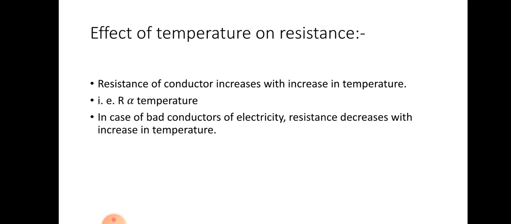पर in case we are talking about the bad conductors of electricity, then what will happen? So obviously resistance will decrease with increase in the temperature। Got the point? Now why this is कि bad conductors of electricity है, that means highest opposition होगा to the flow of the electricity। Now bad conductors of electricity है, बराबर है।